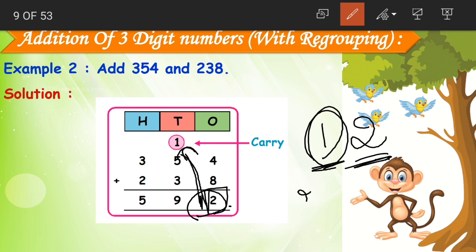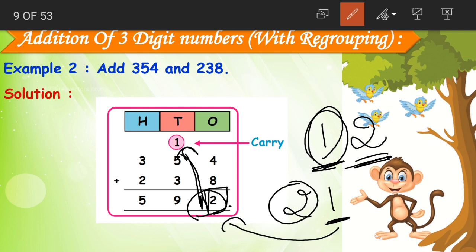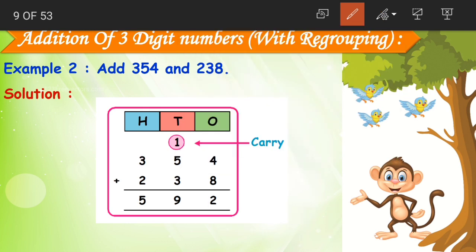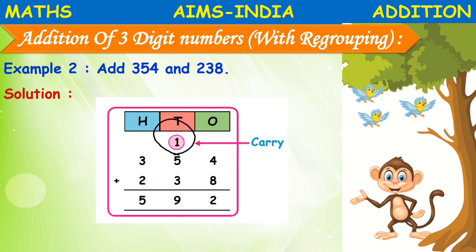Okay children? Again, if it was 21, now 1 is in the ones place, so we'll write 1 here, and 2 is in the tens place, so we'll carry forward 2 to the next digits. We keep only one digit and we give the extra digit to the next number. We carry it to the next place value.